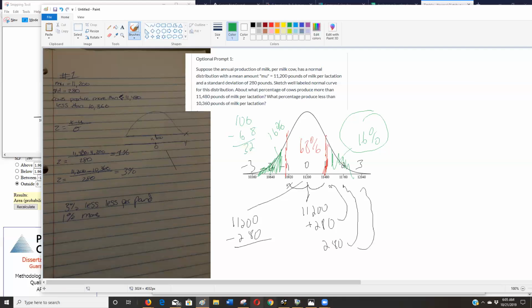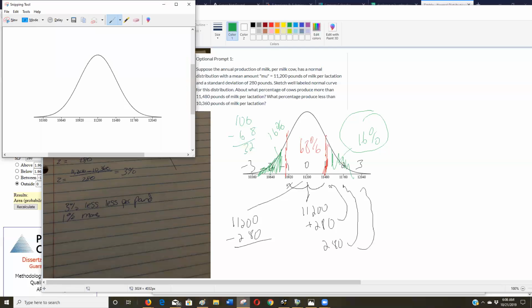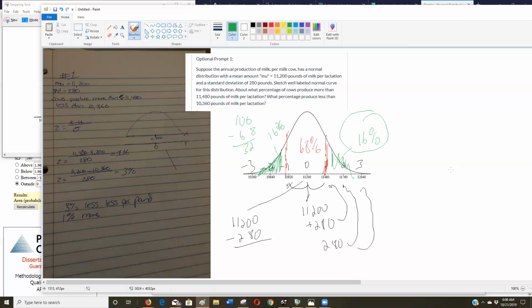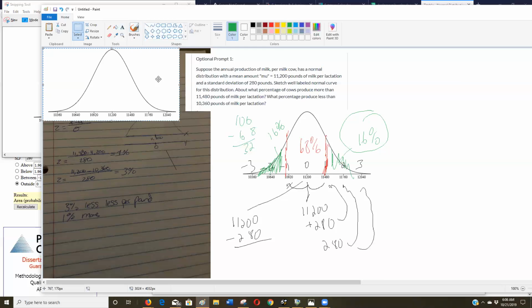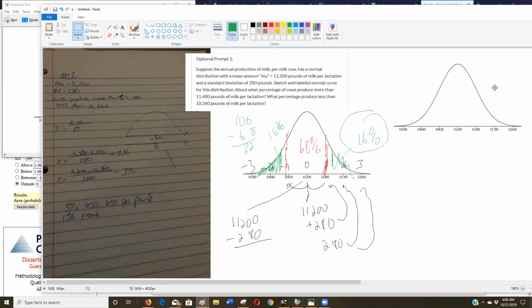What percentage produce less than 10,360? Let's see if I still have that on my clipboard so I can do a new sketch. I do. Copy, Control V. Okay, so here's the second part of this question. Well, 10,360 is way down here at